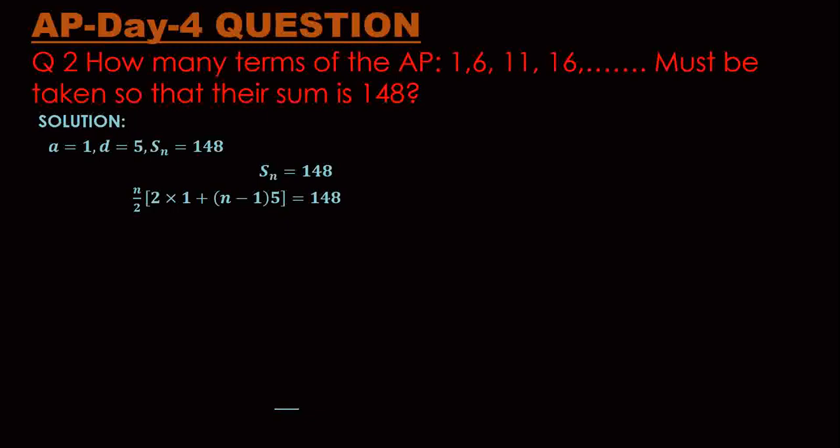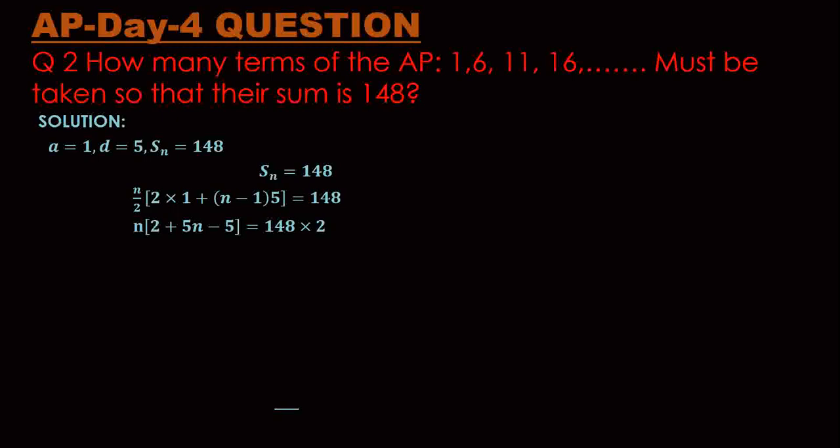I have not written the formula here in the solution anymore, but it'll be good that you write the formula once and then substitute the values. So cross multiply the denominator, which is below n. When you transfer it to the right hand side, it becomes a multiplication. So 148 into 2, then open the bracket,